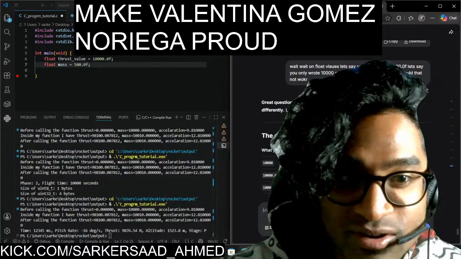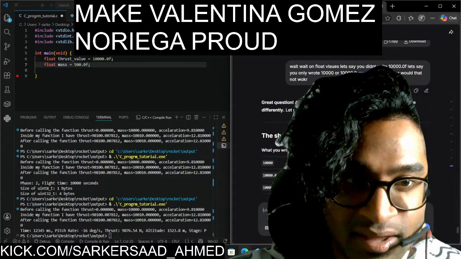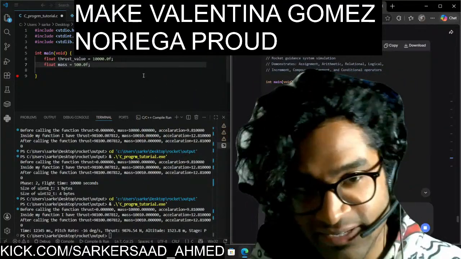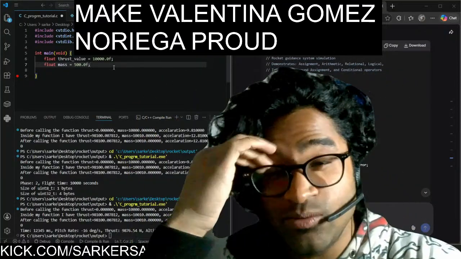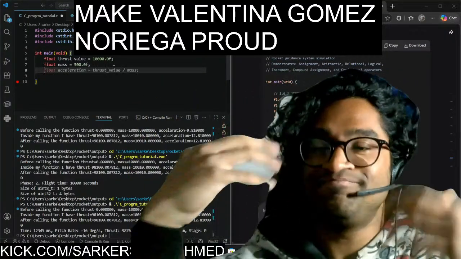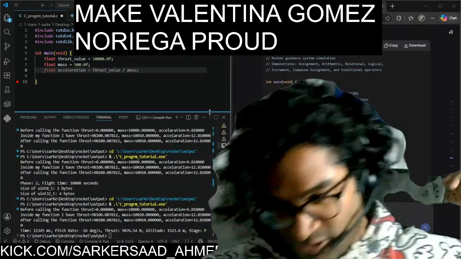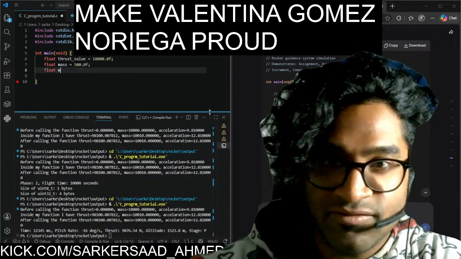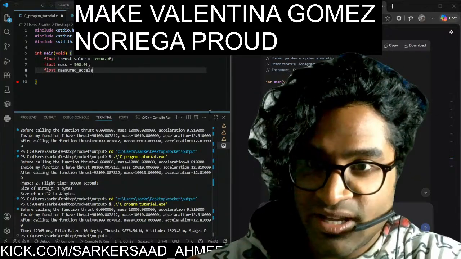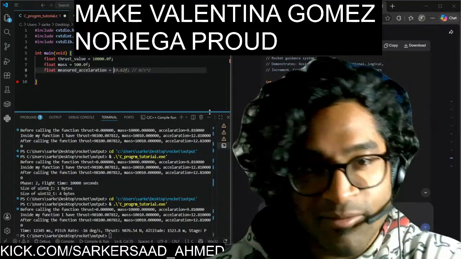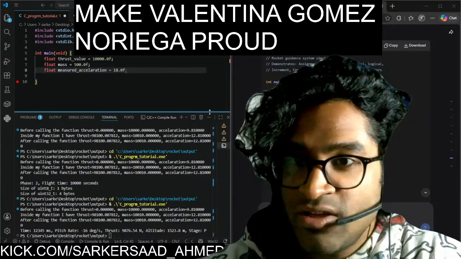All three would work. Okay, so we want to be on the safe side, right? All three would work, but again, it's an embedded system, so then float measured acceleration. No, I'm not going to write 19.6. I'm going to follow what he did, 18.0f. So I'm just going to write here